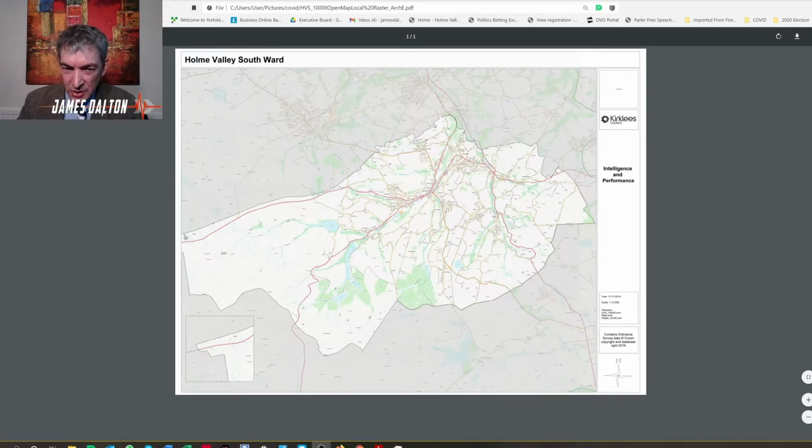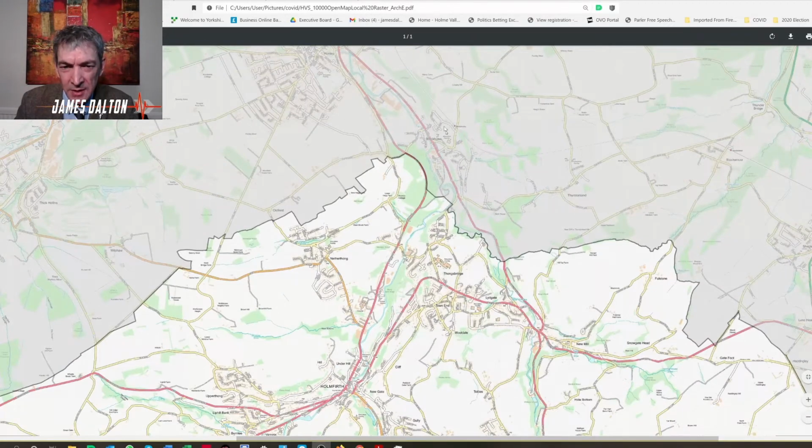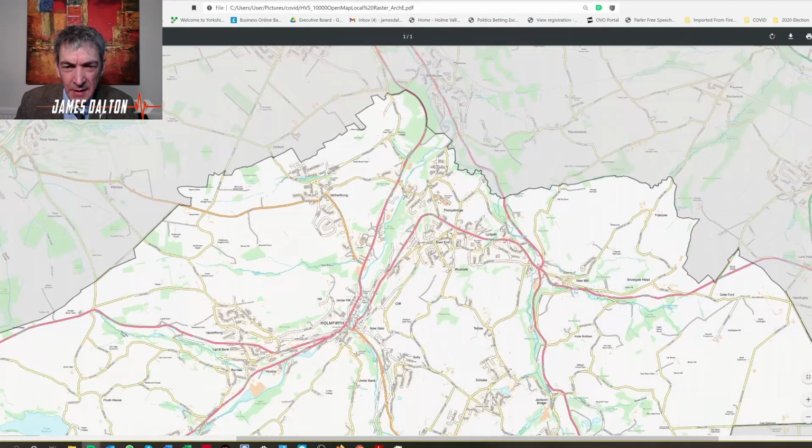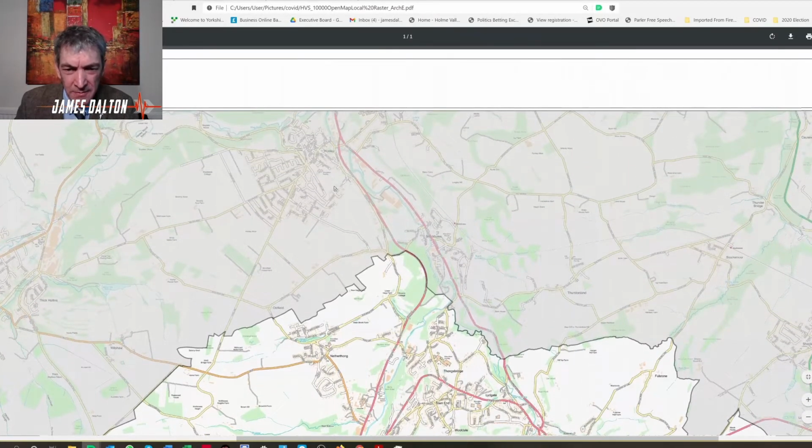Now here's a closer look at the Holme Valley Parish. This is actually the District Council ward, Holme Valley South ward. Holme Valley North ward is to the north, and the Holme Valley Parish incorporates the whole of the Holme Valley South ward and another area just slightly to the north, which is Honley and Brockholes. We can just home in up there, and we can see Honley, Brockholes, and the rest of the Holme Valley